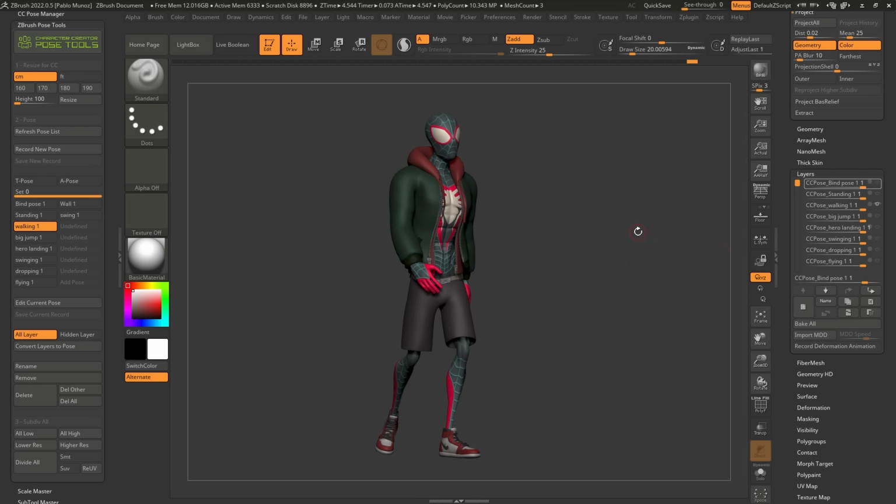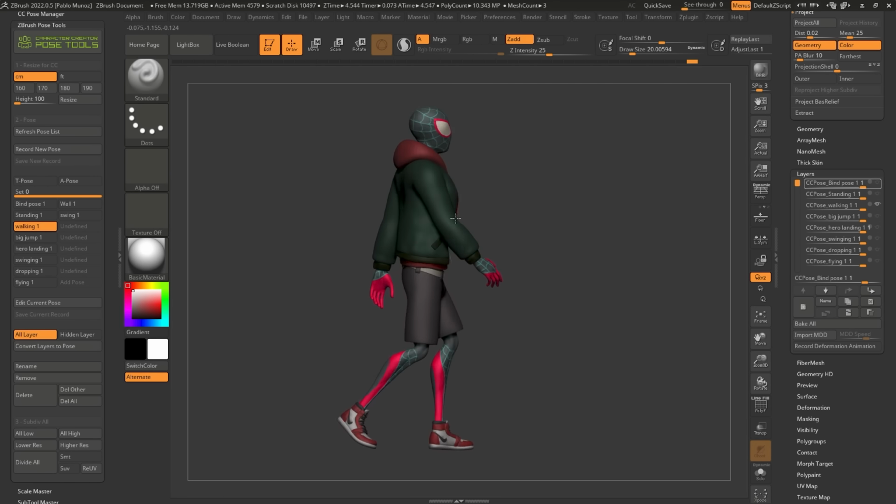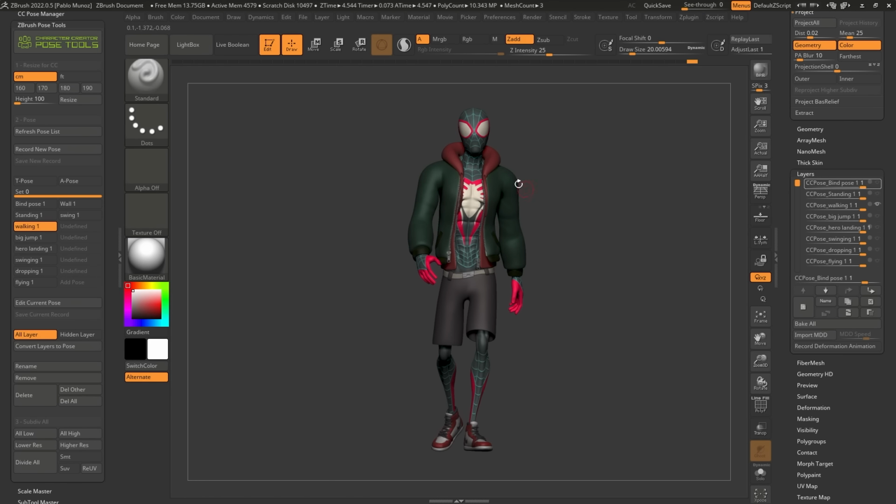So it is very, very convenient. Now, another cool thing that you can do is obviously edit the poses once you're in ZBrush. So this is kind of like the raw poses. I actually haven't gone through the process of tweaking them, so there's no folds or anything like that. So it's pretty basic, but we can go ahead and edit these poses as much as we want to.